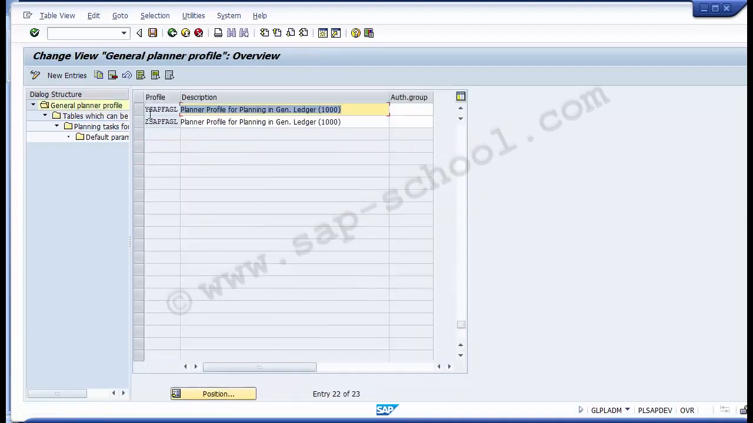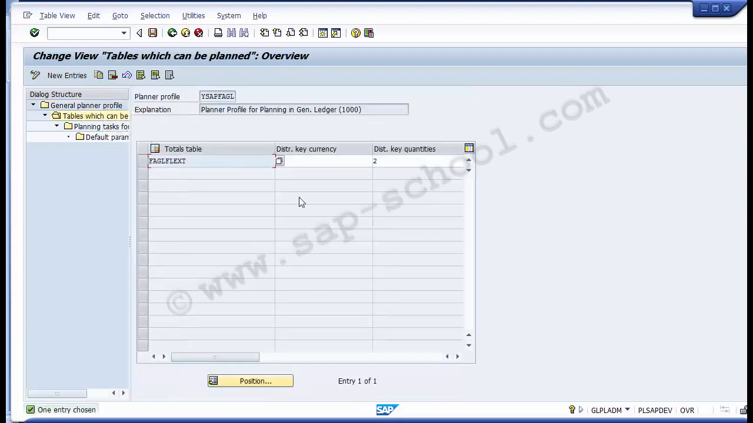I hope it would be easier for you. You need just to select this. Then once you selected the profile SAP FAGL, you need to go to table which can be planned. So this is the table we added. You can select your own total table, and then you can go to planning task for the table, double click